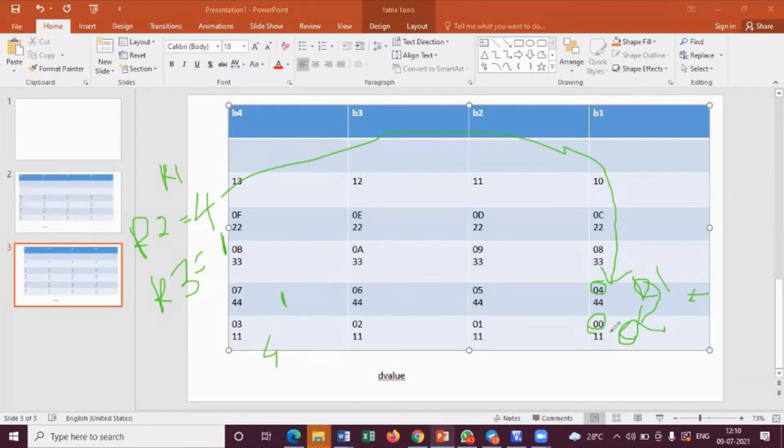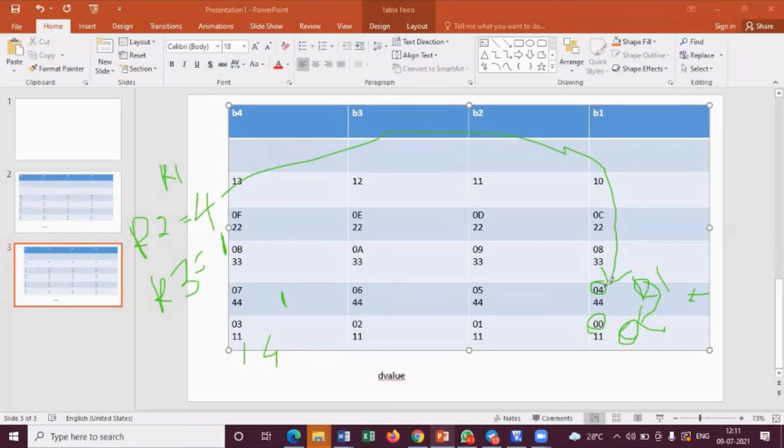Because I want to perform what operation? Ascending operation. So 11 is the smallest number. It will go to the address 00. 44 is a bigger number. It will go to the address 04. With the help of R1 pointer, we are doing all this. And with the help of the store instruction. So the store instruction, I have to imagine it because I cannot see the result of the memory in my output. I can see only the result of the registers in my output.